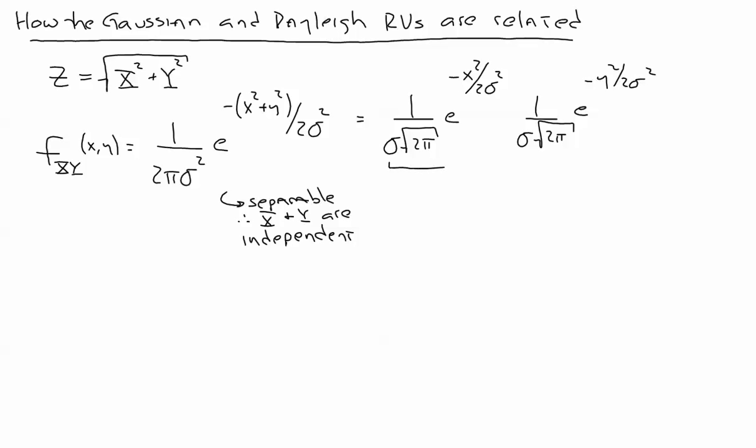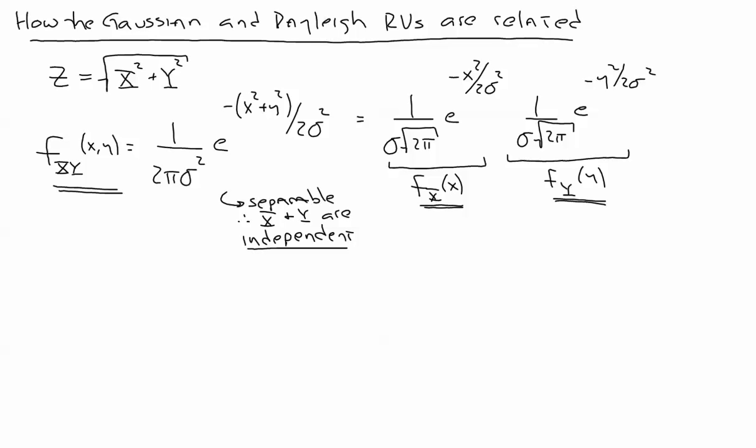Alright, this would be the marginal probability density function for x, and this would be the marginal probability density function for y. Alright, so when I have a probability density function for two random variables, which can be written as the product of marginal probability density functions, that means that those random variables are statistically independent. So that's the first thing, that how the Rayleigh and the Gaussian random variables are going to be related. We're going to be looking at